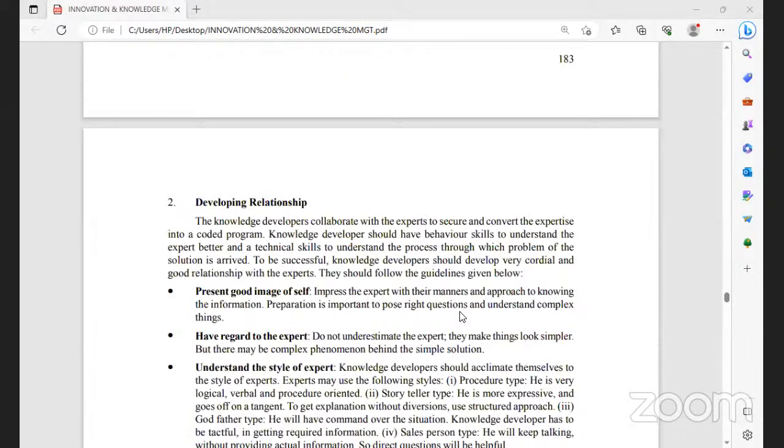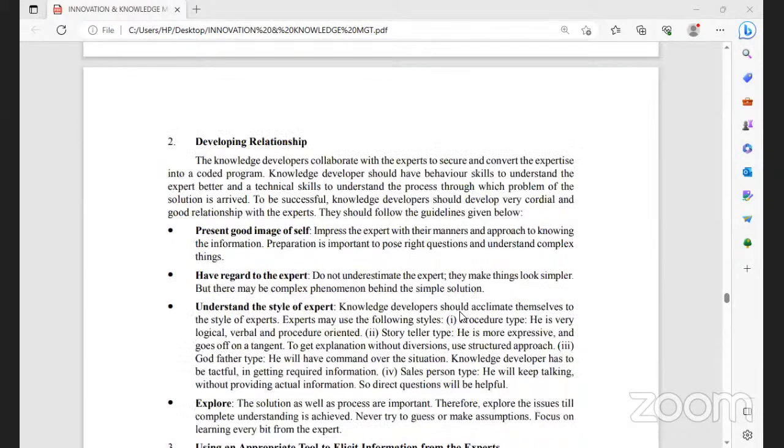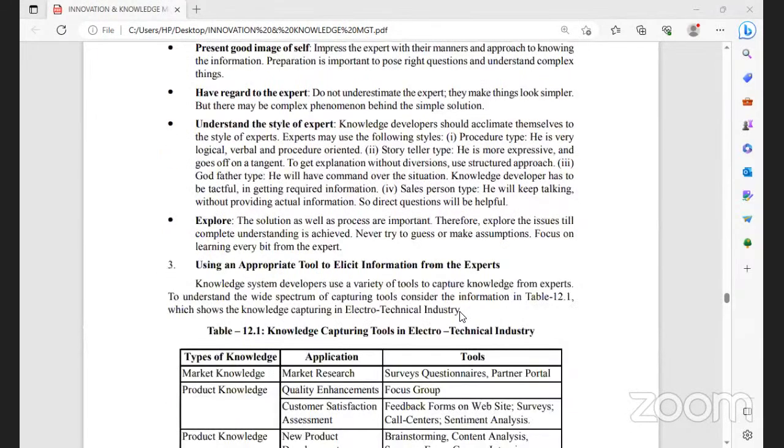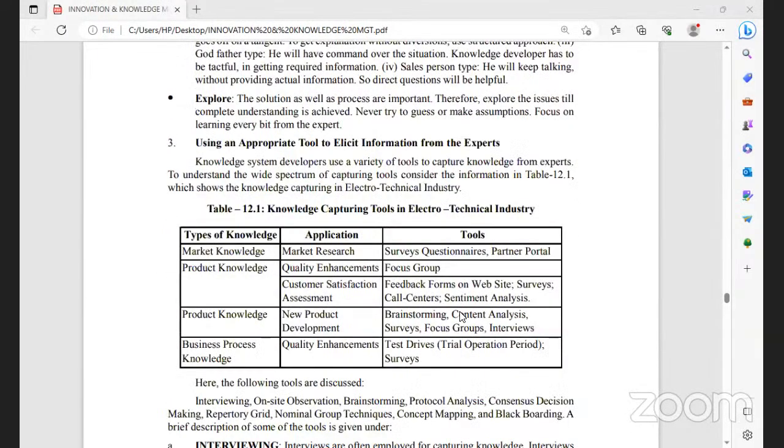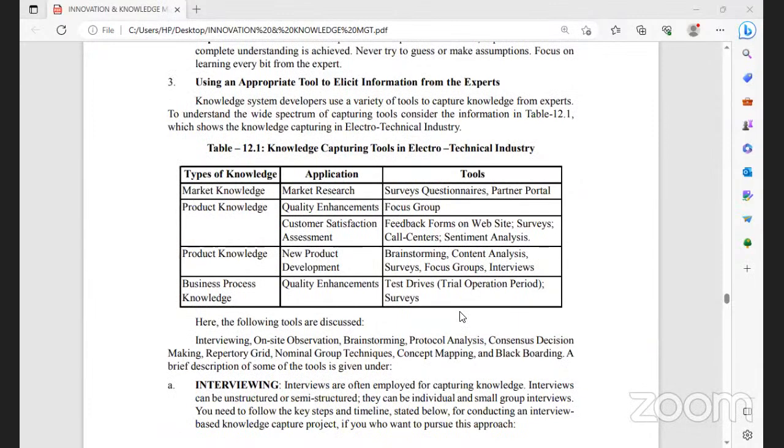Next one is developing relationship. Present a good image of self, have regard to the expert, understand the style of expert, explore, and use an appropriate tool to elicit information from the experts. The types of knowledge are market knowledge, product knowledge, business process knowledge. Application and several tools are for market knowledge: surveys, questionnaire, partner portal, and for product knowledge, focus group, and feedback forms